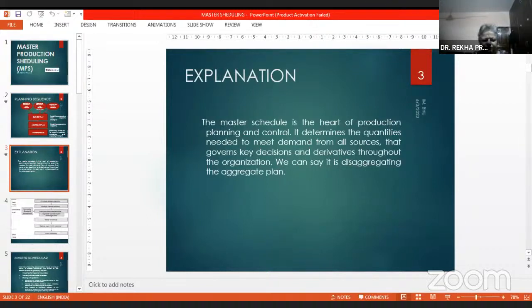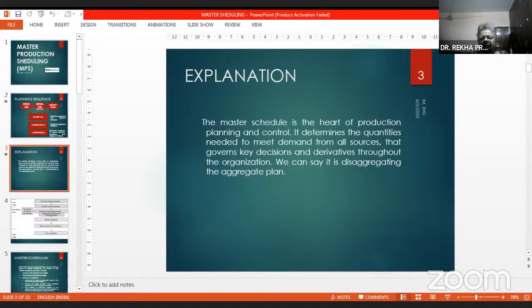Suppose you divide this by the aggregate. And from here, you move to disaggregating it. How many specific types of material items you are going to produce, and for each, what do you require? This is the totality.